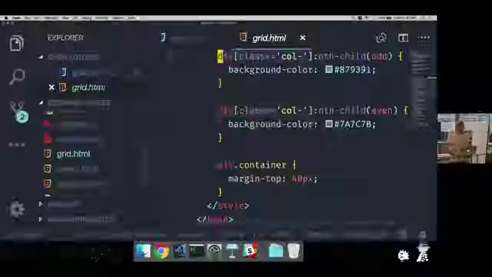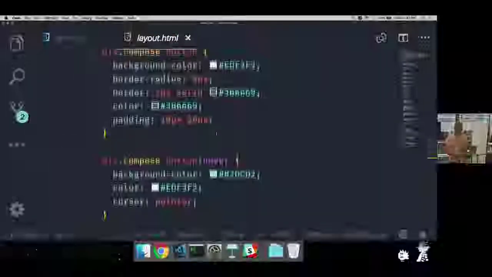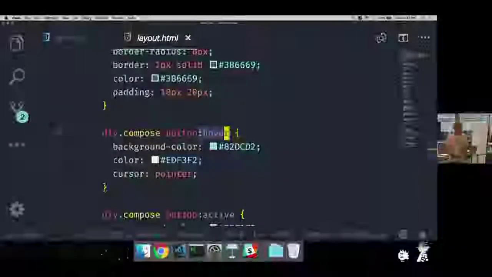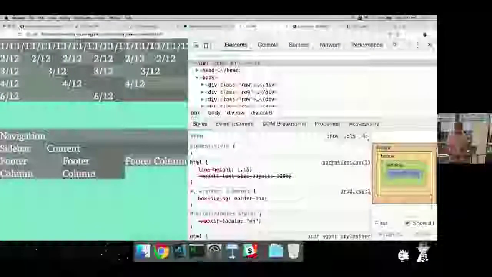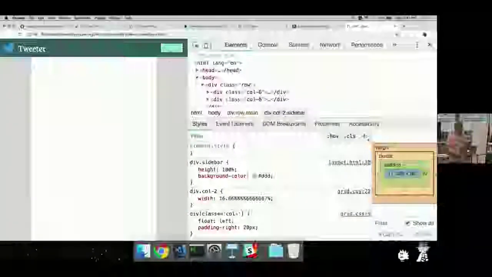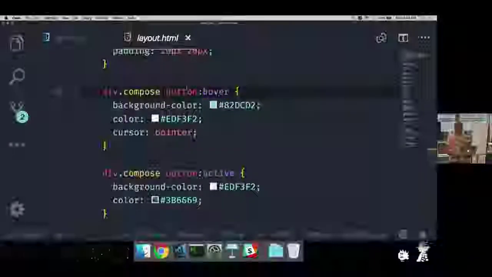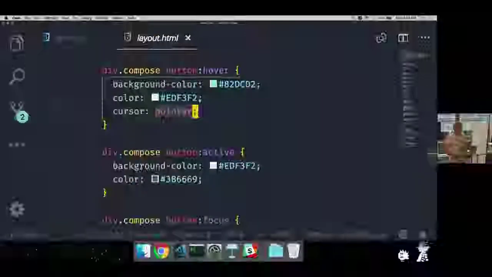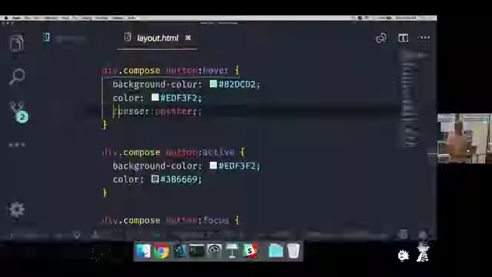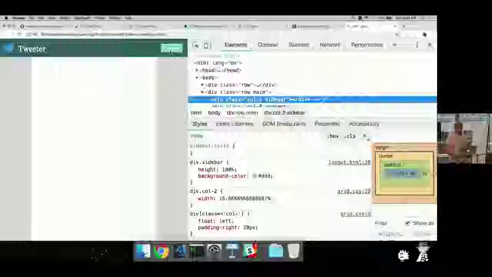Okay. So I've got CSS here. We can apply things like hover, active, and focus. Those are different states of that element, which is pretty useful. When I roll over the compose button, its style changes, simply because I've added a button hover selector. I change its cursor to pointer when I roll over it. If I don't, oops, now when I roll over, it's still an arrow.